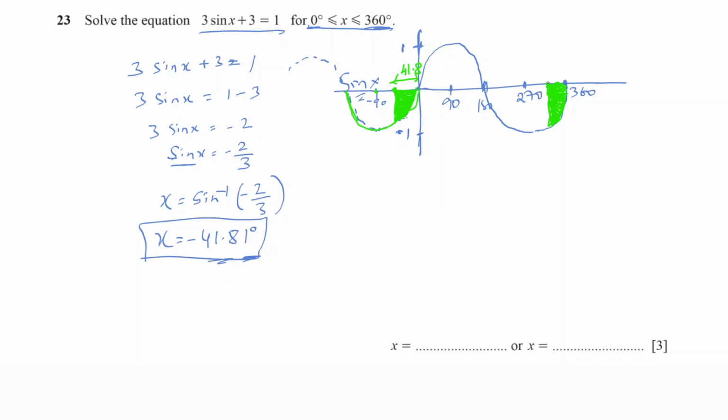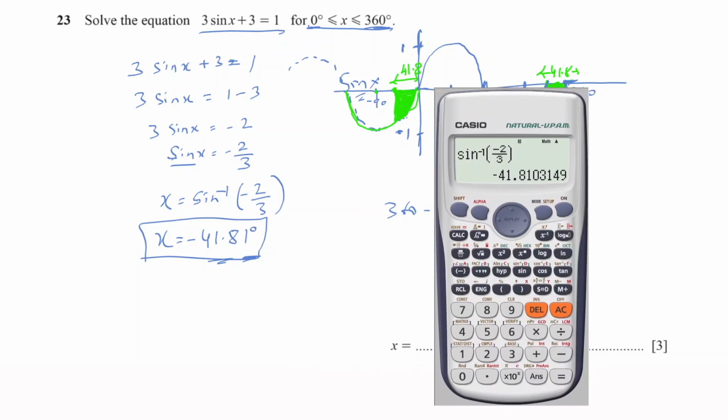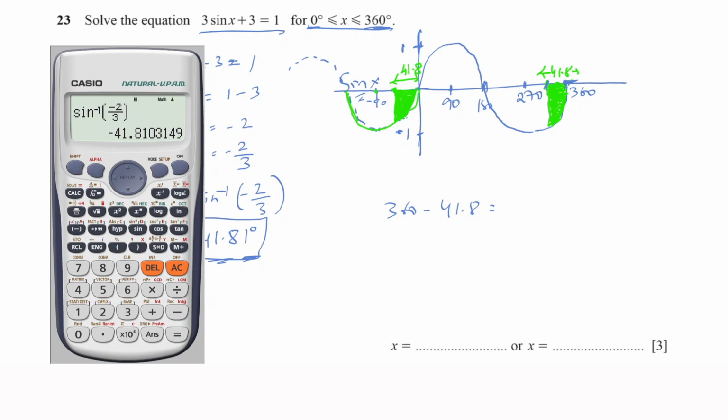Now understand that this is also 41.8, right? If this is symmetrical, then this length is also 41.8. So what we have to do for finding this length? So we have, this is 360. This value is 360 exactly. So what will be this value? So that is 360 minus of 41.8. That will give you the actual value of x now. Let's use our calculator. 360 minus of 41.8, that gives you 318.2. Okay, this is one of the value of x,